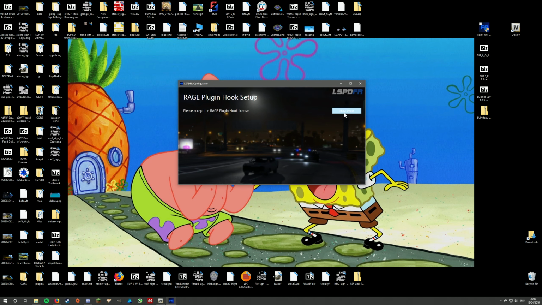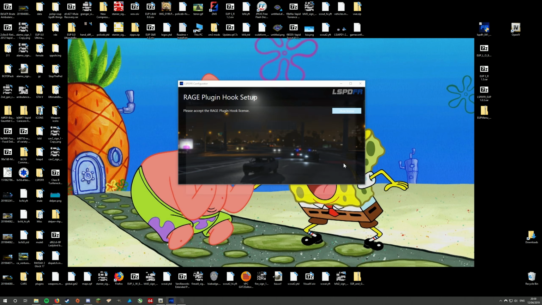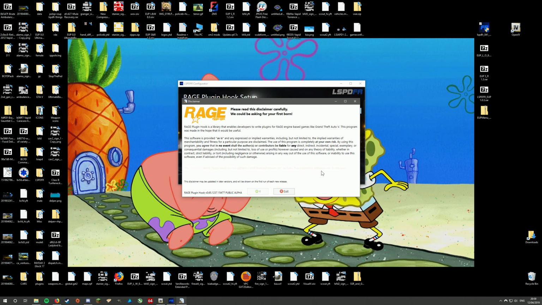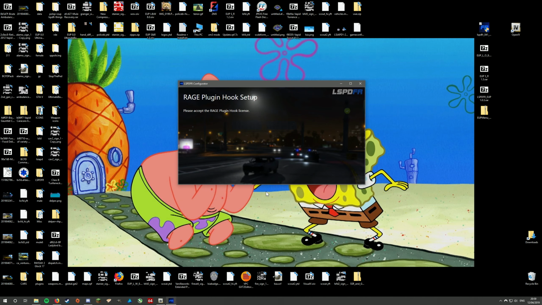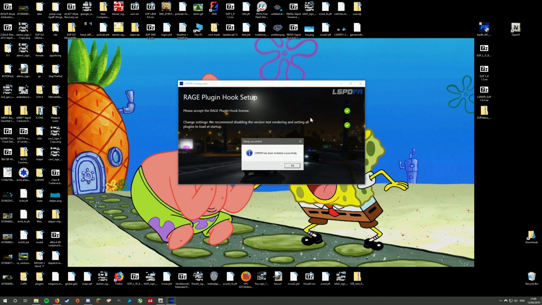Next, please accept the Rage plugin hook license. So you want to show the license. They could be asking for your firstborn, but I'm fairly certain they're not, so read it if you want. I very much recommend reading it, but I've read it already, so we're going to accept it. I lied, I haven't read it. Now, change settings. We recommend disabling the version text rendering and setting all plugins to load at startup. We're just going to click do it for me, because I'm lazy, and so now it's been installed successfully, and